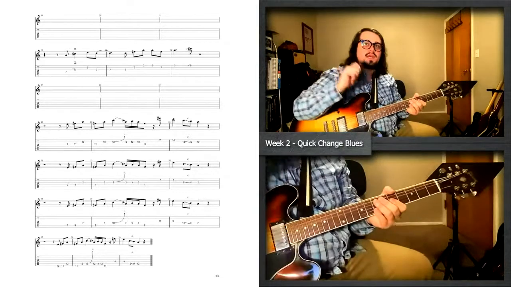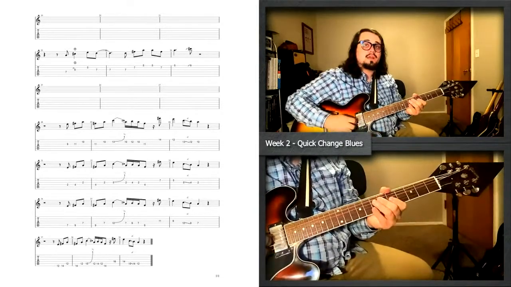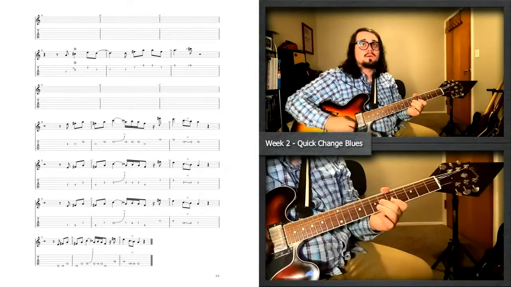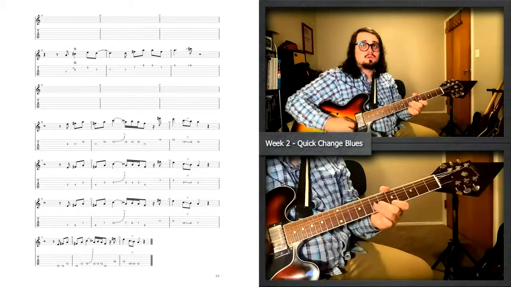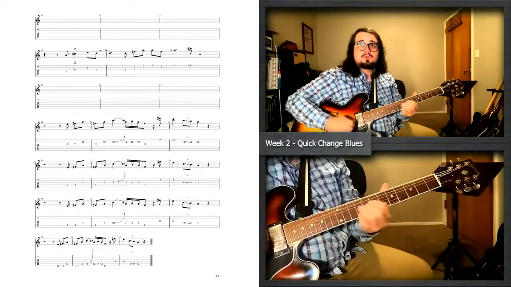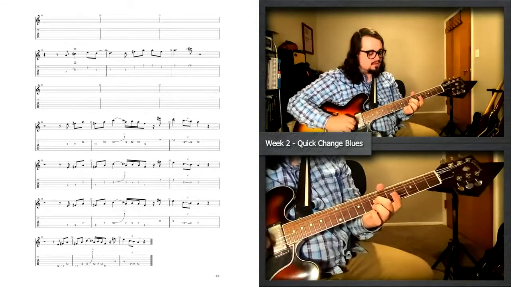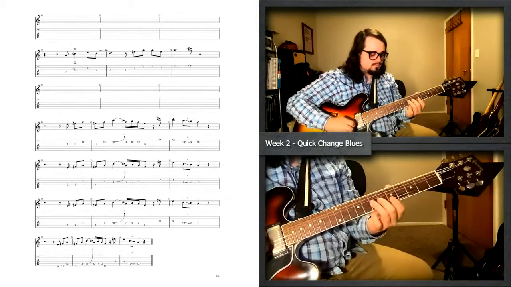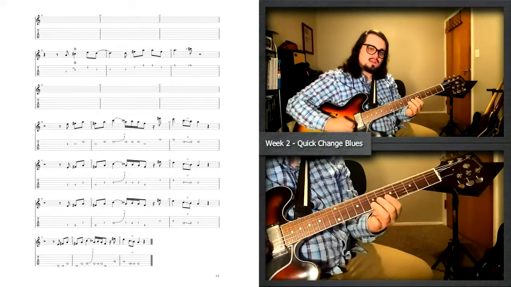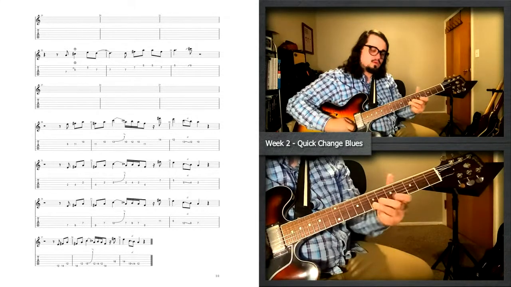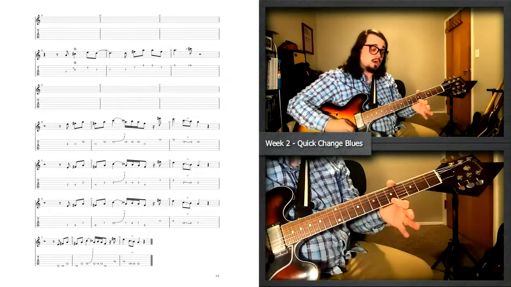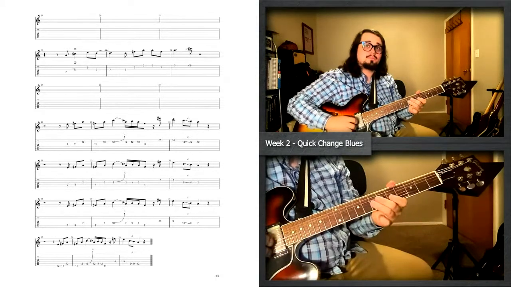Okay, so now let's move on to the second part of the phrase. So far we have... Okay, so let's start here. We have 7th fret on the 3rd string, and then 7th fret on the 2nd string, 5th fret on the 1st string twice, so